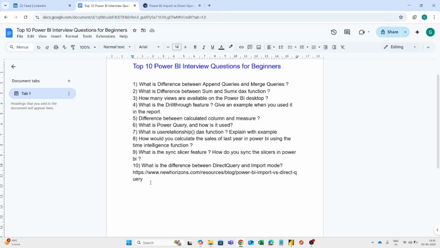But when I talk about DirectQuery, Power BI queries the data from the source itself, and it does not store any copy of your data in its environment. All the data is present in the source, and from the source Power BI queries the data and shows the result in the visualization. It is not much performance optimized, because you may have to wait for some time to see the result in your visual. That's why DirectQuery is not a very good option when you want the best performance,